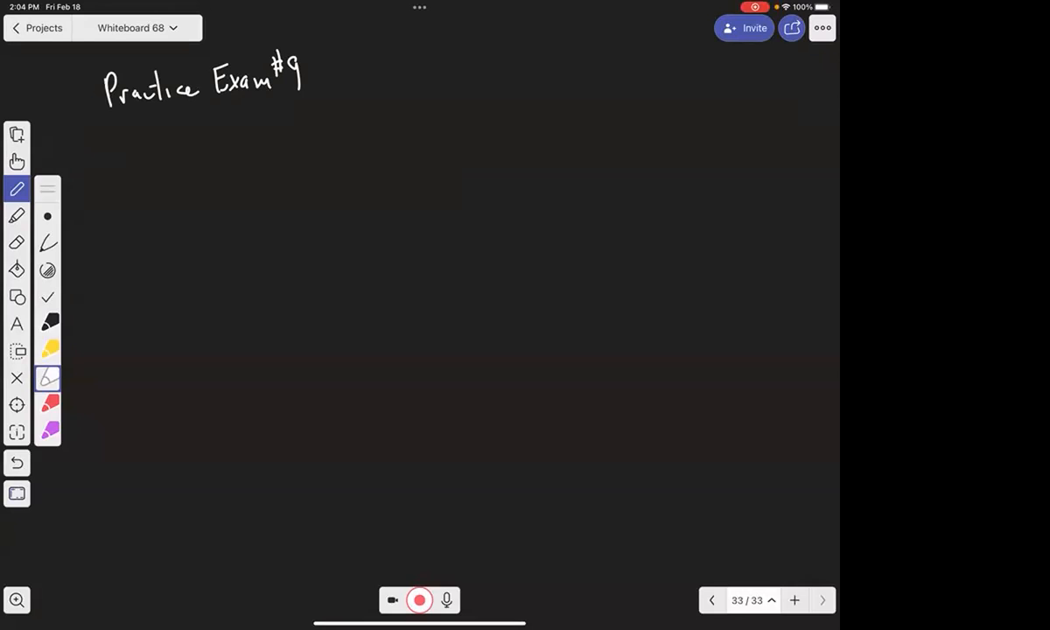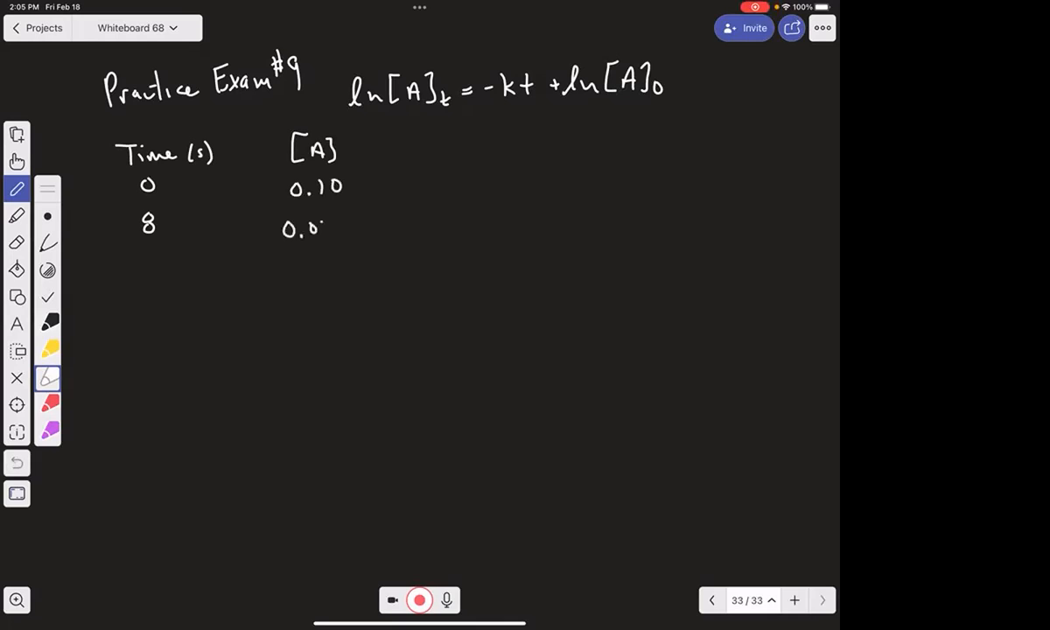So that information right there tells us I need to use natural log of concentration at time t equals negative kt plus natural log of A at time 0. And then on that graph, they give us the data table, and they say at 0 seconds and then 8 seconds, I have this concentration of 0.1 and then this concentration of 0.045. Based on that, what is little k, the rate constant